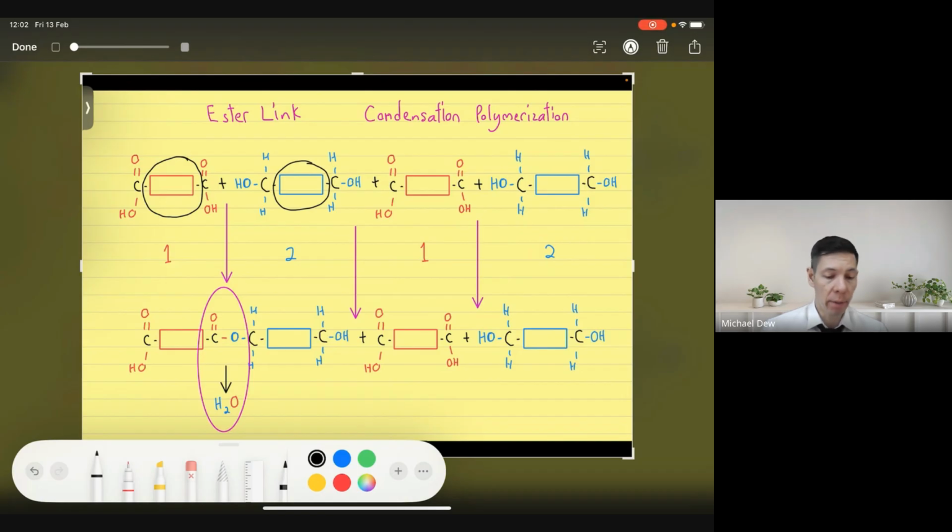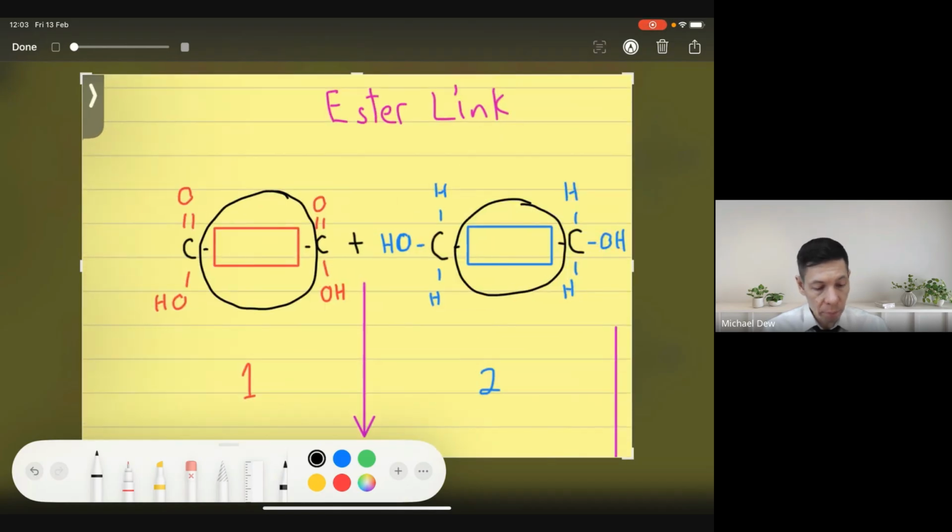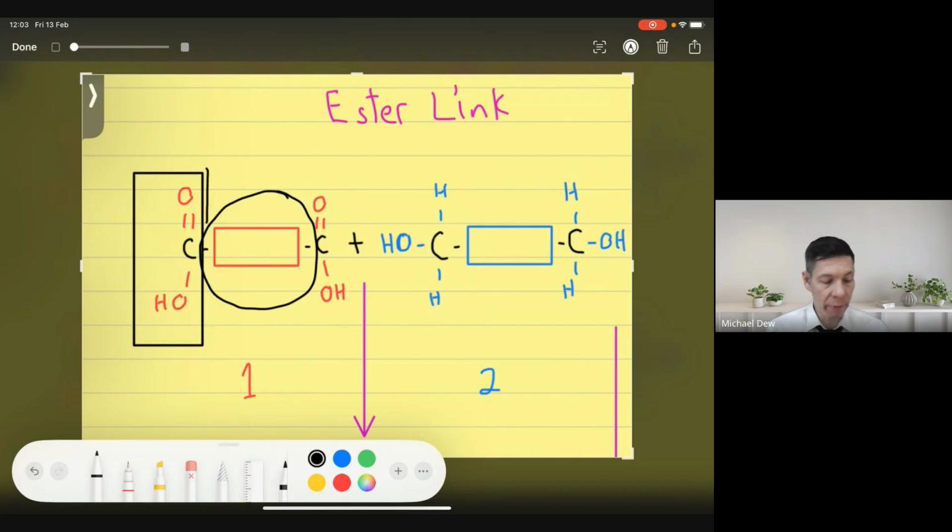It doesn't matter because we're just going to abbreviate it to make it a box. If you look at the first black circle on the left side, in this black rectangle on the left,